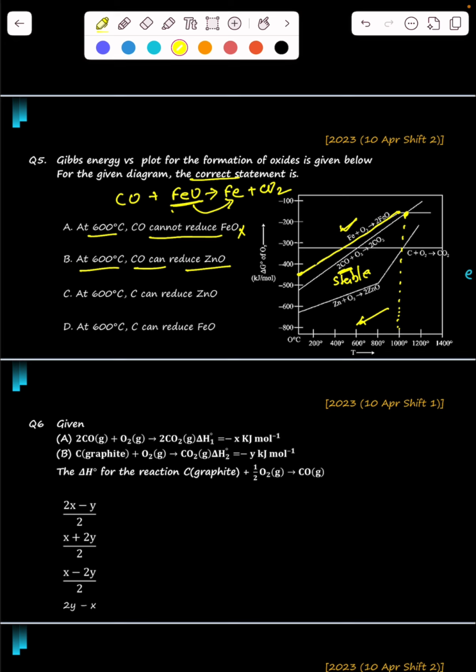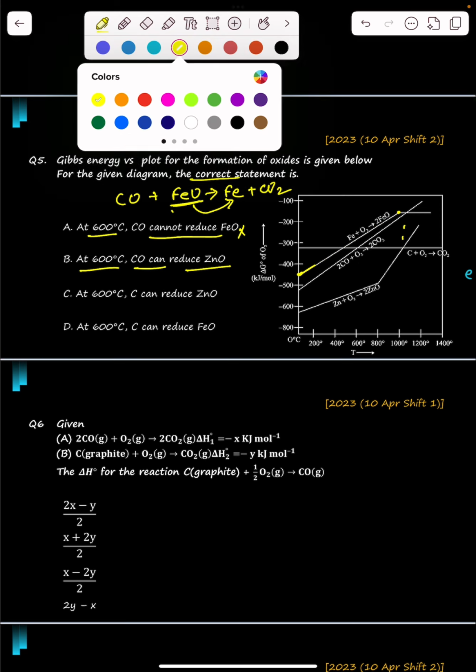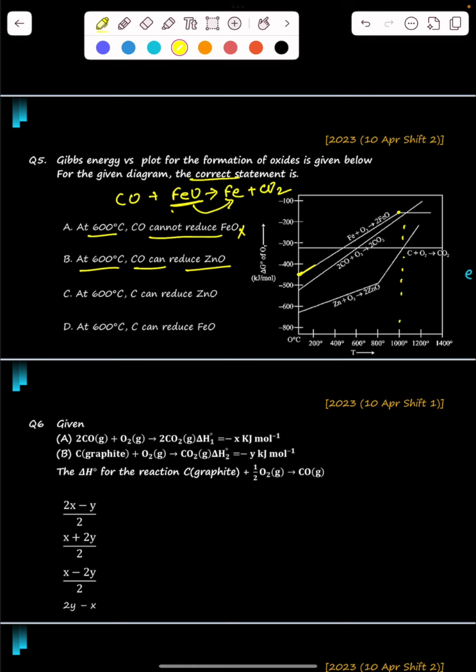ऐसे ही बाकी चेक करेंगे। 600 पे CO can reduce zinc oxide, 600 कहाँ रहा, ये रहा 600। तो 600 पर फिर से चेक करते हैं। जिंक ऑक्साइड यहाँ पे रिड्यूस हो रहा है 1000 पे, 600 पे नहीं हो रहा है। तो एट 600 CO can reduce zinc oxide, CO ज़्यादा अनस्टेबल है, नहीं रिड्यूस हो पाएगा, ये भी गलत हो गया। फिर आता है नेक्स्ट, 600 C can reduce carbon, कार्बन मीन्स यहाँ भाई नहीं हो पाएगा ये भी।